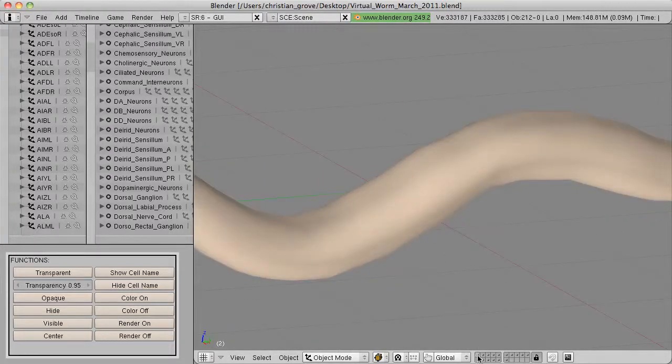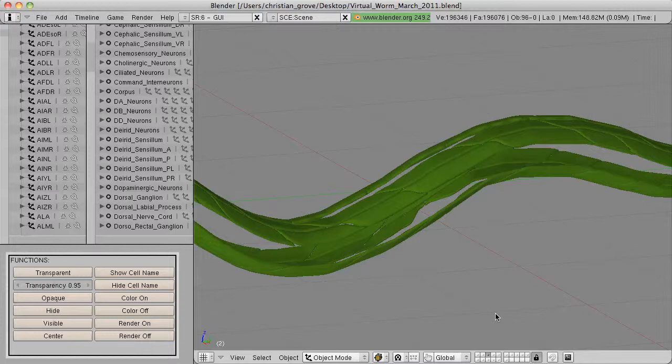In the last tutorial I showed you all of the cells and tissues that exist on all of the different layers. And one layer I didn't mention was layer number 16 right here. If you notice, there's a little black mark in each of these layers, but not the last four. That indicates that there's actually something there to see. There are some objects in that layer that can be made visible. So I have C. elegans tissues and cells on each of layers 1 through 15, and then on layer 16 I actually have a special series of